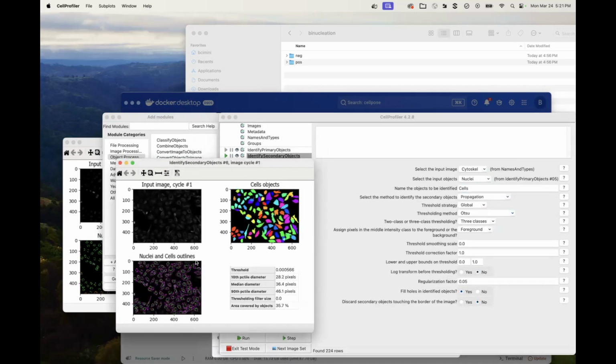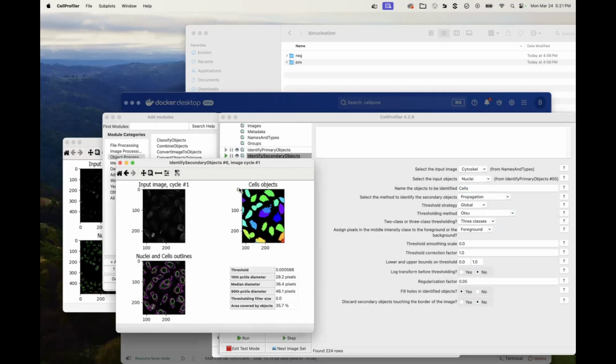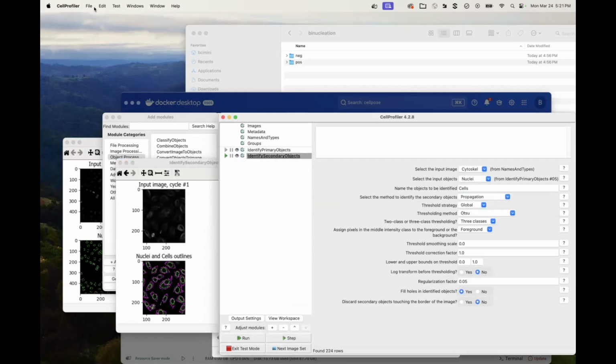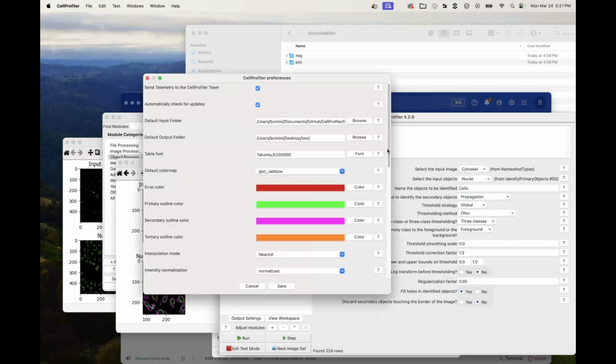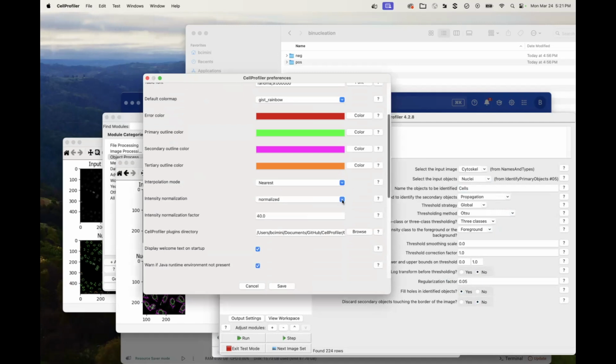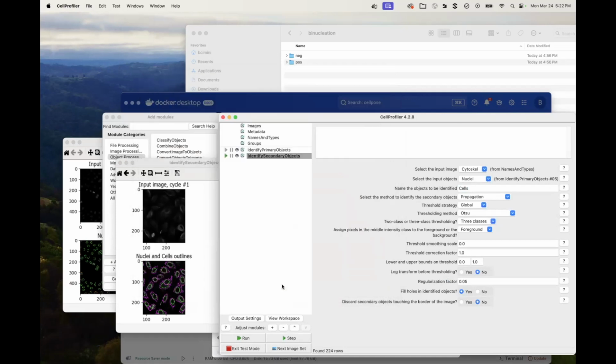Okay, that didn't do a whole heck of a lot. I could tune it more. I don't really need to. You get the idea. We had nuclei, we made them into cells. Great. I'm going to change the default scaling here as we're looking at stuff, which I can find in the settings. And on Mac, it's called preferences. And that's just going to make it so that things generally look prettier and it's a little easier to follow along with what we're doing here.